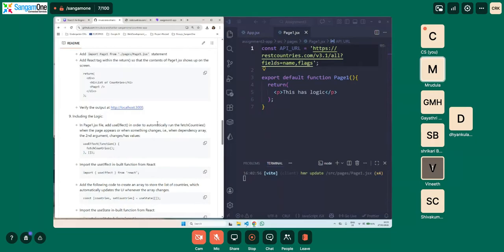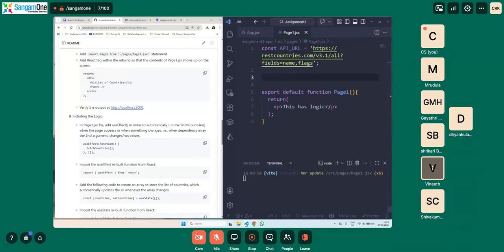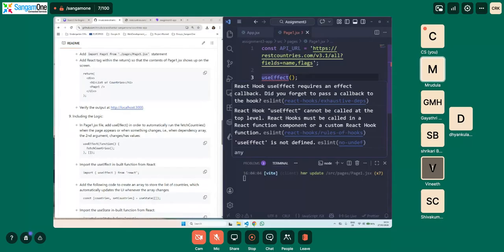So I told you we will be using useEffect in order to be able to call the function. You need to decide when to call it or how frequently you need to call it. So as soon as we open this page, it should automatically fetch the URL and keep the data ready to be displayed. So what we will do is here, before our export default function, we will have our useEffect. Okay. And then now we have an issue. It says it cannot be called at the top.